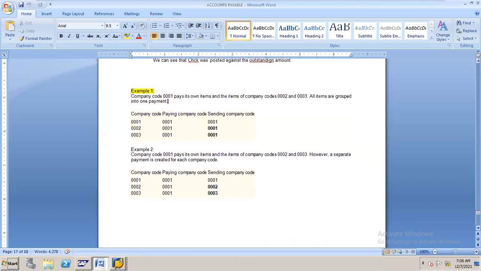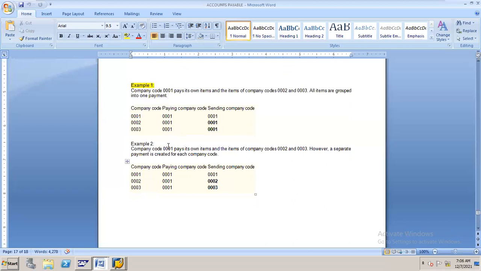Next, example 2. Suppose the same scenario: the first company code is paying its own invoices, and it is paying the second and third company code invoices. Here, it is paying by the first company code, but it issues the checks in the name of the second company code and in the name of the third company code.